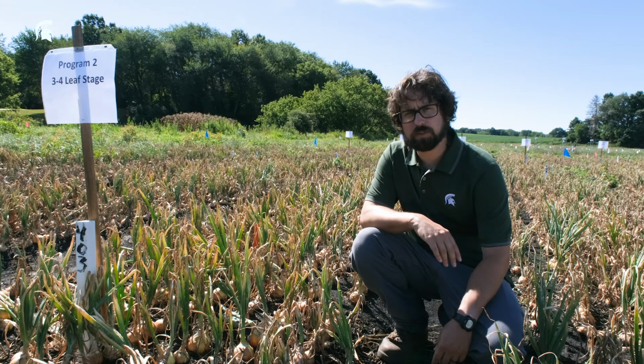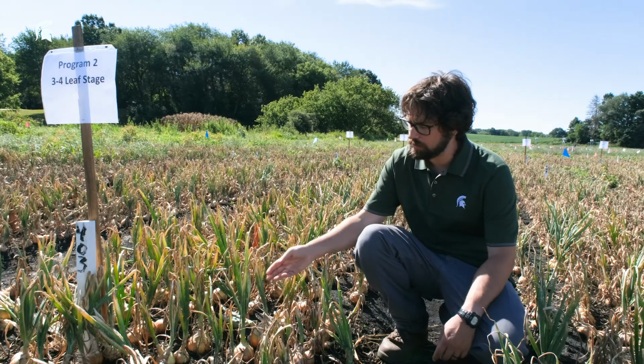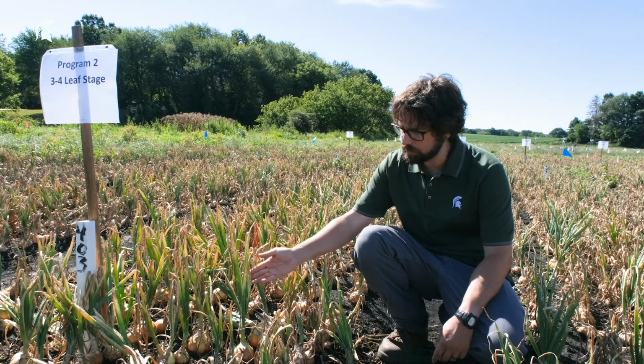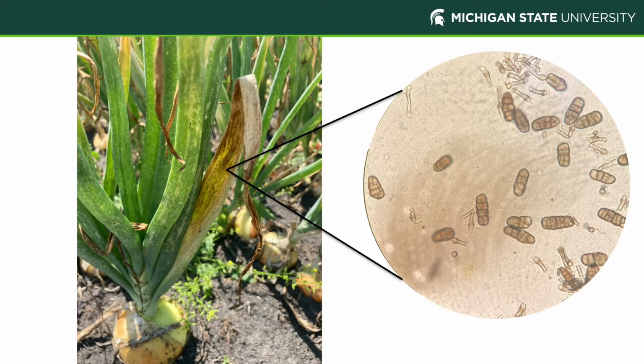And so what that results in is reduced bulb yield, and maybe even reduced bulb sizes. Okay, so symptoms of Stemphylium include oval tan lesions. They start out as oval tan lesions, and then they progress as a lesion that runs down the leaf of the onion. If we were to look at this under the microscope and zoom in, we would see a bunch of spores just covering the dark surface here on these onions. This disease can cause some tip burn back, and it really just runs down from there.